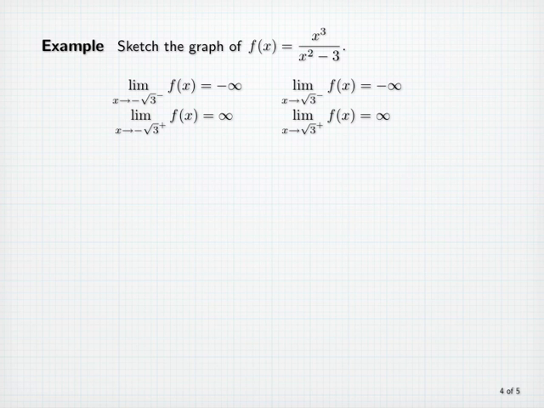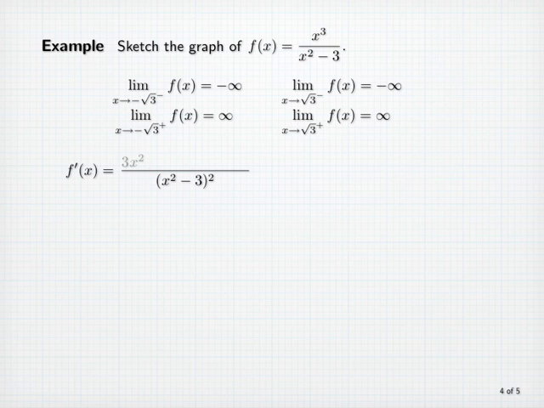So we see that both left-sided limits at our asymptotes are minus infinity, and both right-sided limits are plus infinity. Now let's calculate the derivative. We use the quotient rule. F prime of x will be a fraction whose denominator is x squared minus 3 squared, and the numerator is